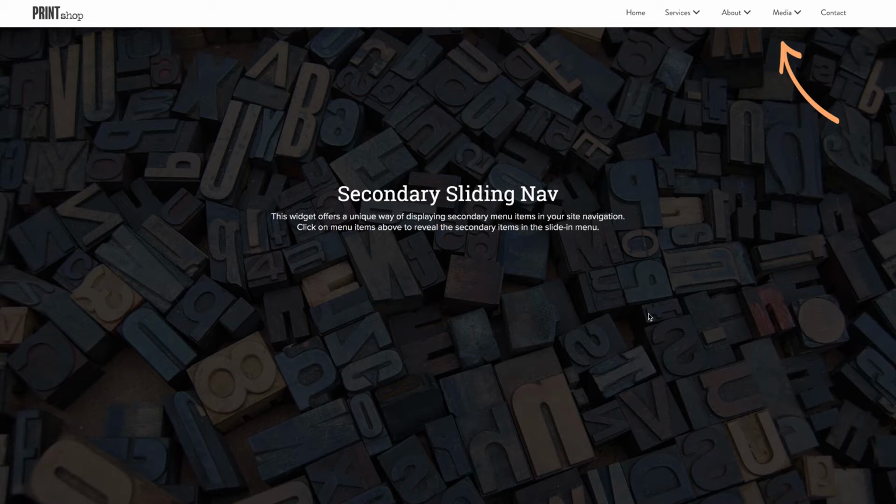Let's take a look at our new secondary sliding nav tutorial. Now this is pretty cool. It's a widget that displays secondary or sub-nav menus in a really unique way. When you click on one of the menu items that indicate a sub-menu, you see a secondary menu slide in from above. And that menu, of course, has new options for the parent menu item, like services leading to business